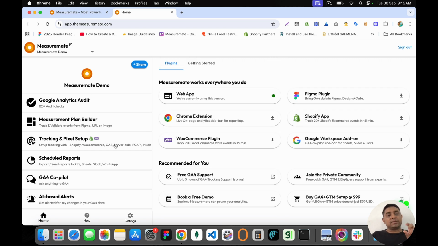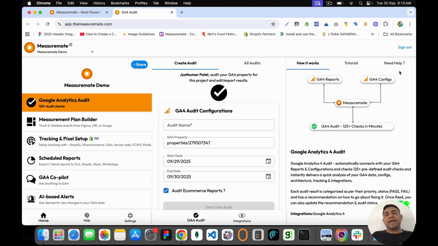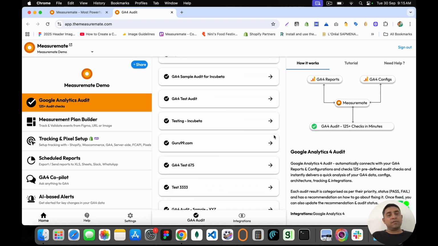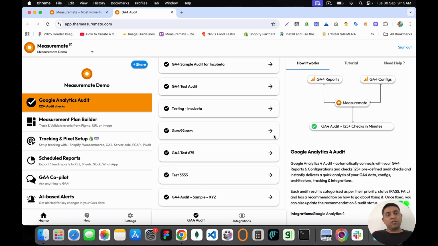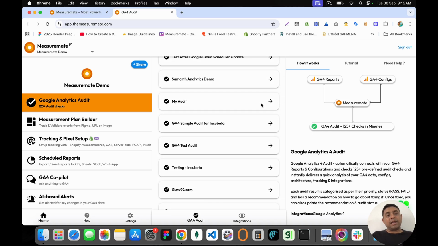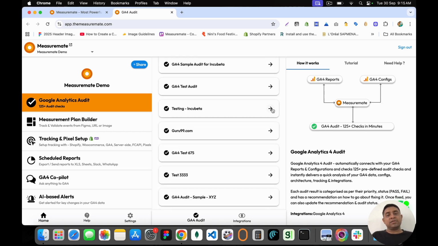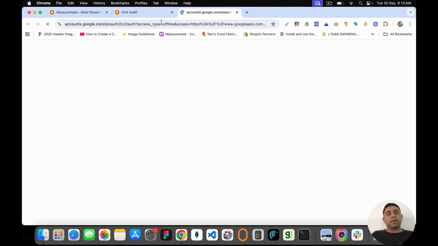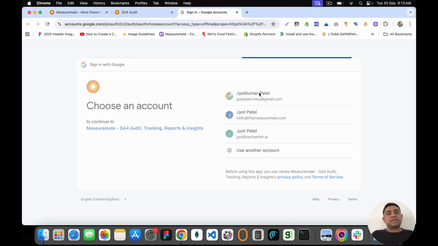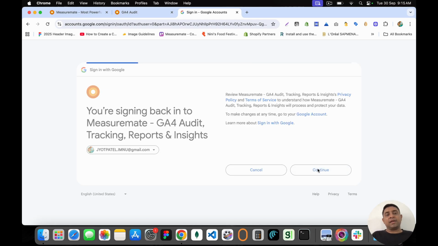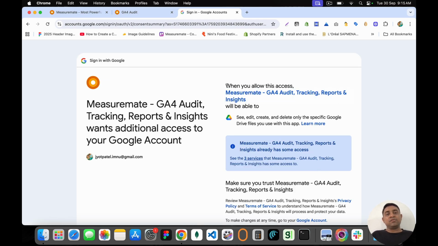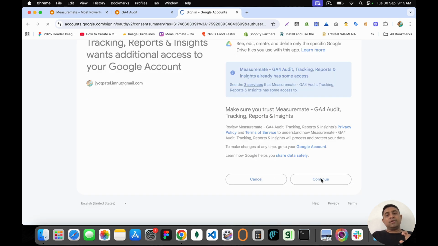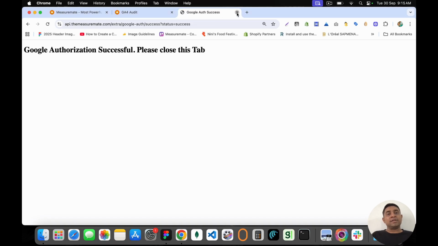The only problem is right now I haven't given access. My access has actually expired because I haven't used it for a few months, or maybe I had reset my ID recently. So in such cases, you might need to re-provide the access if the access is expired, right? And yeah, let me just quickly provide access. The providing access is very straightforward. It asks you what kind of access is required. In this case, we want to use Google Drive to create a file, and primarily